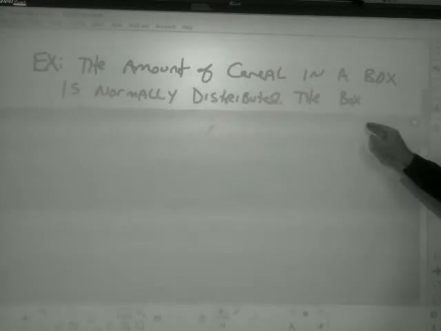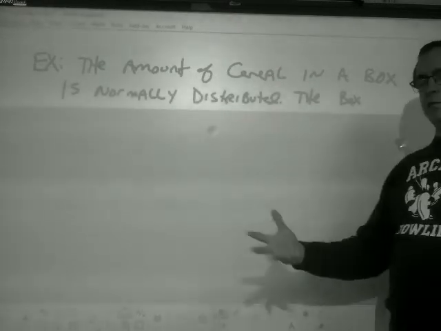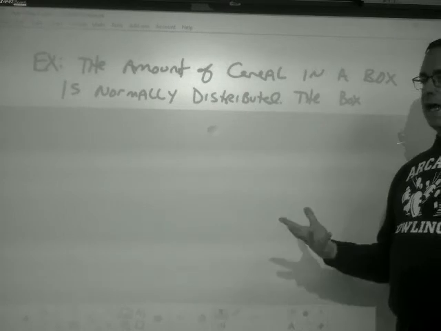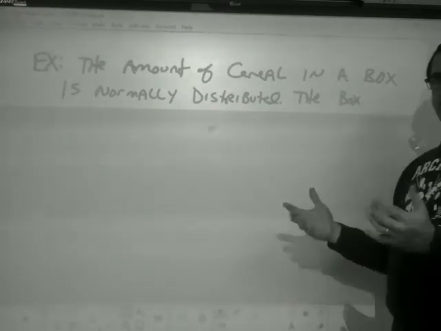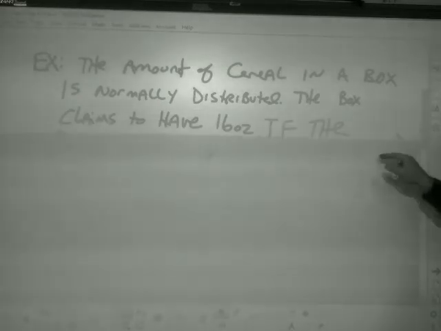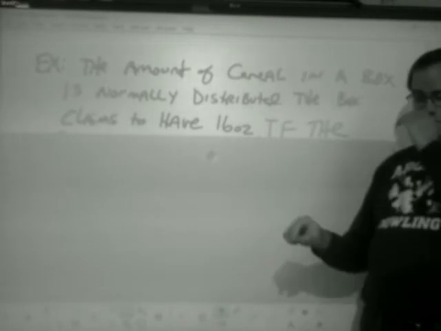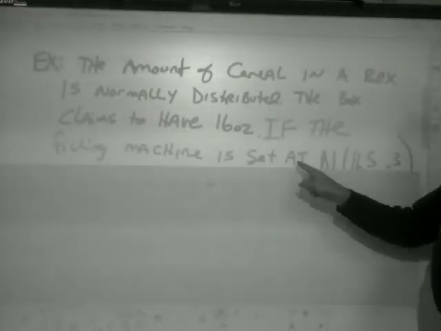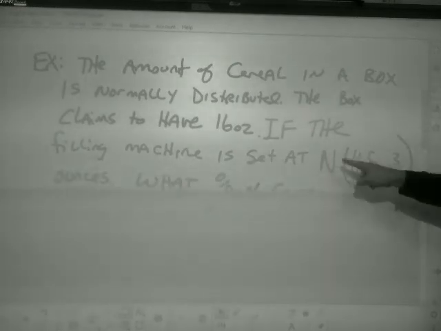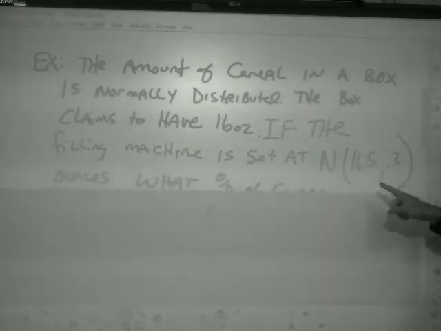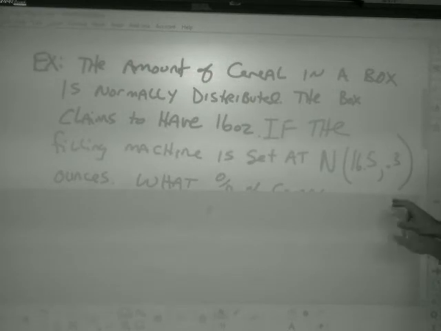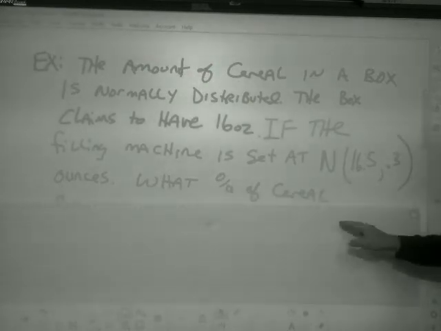So for example, the amount of cereal in a box is normally distributed. So at a manufacturing facility, they have machines that fill the boxes with cereal. The box claims to have 16 ounces. So if you look at a cereal box, on the side it might say 16 ounces. If the filling machine is set at normal model 16.5 ounces, standard deviation of 0.3 ounces, what percent of cereal